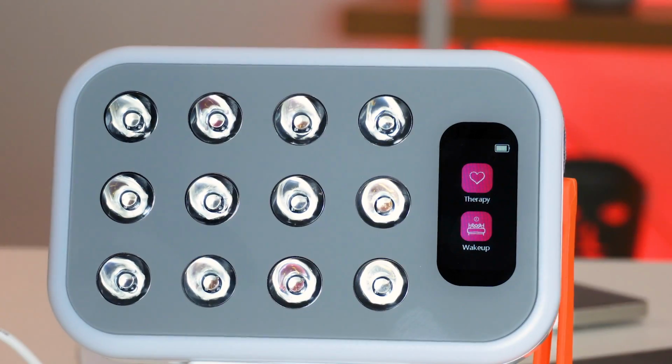As well as its rather basic voice control feature, it also has some other features, such as a wake up alarm with a sunrise option. Kind of cool. It has an ambient lighting mode where the perimeter of the device glows a nice, soft, warm light. It has a screensaver with the date and time. It even has built-in speakers with Bluetooth. So you could sync this with your phone and play some music, or when you do your red light therapy session,